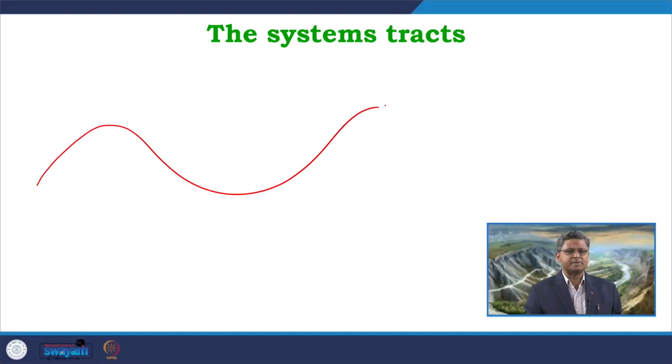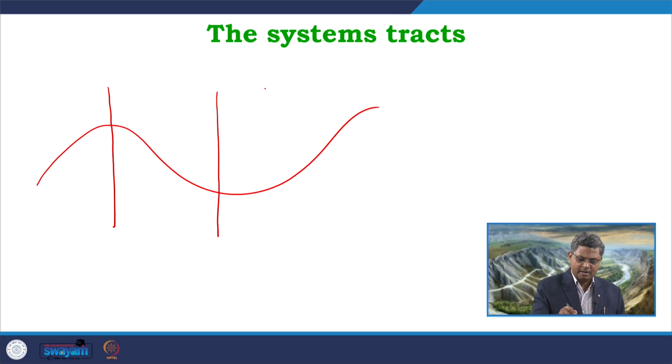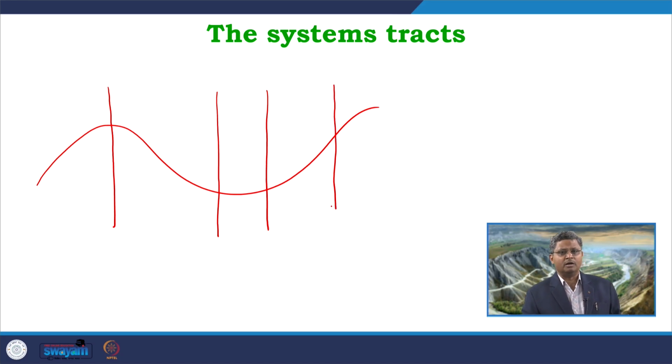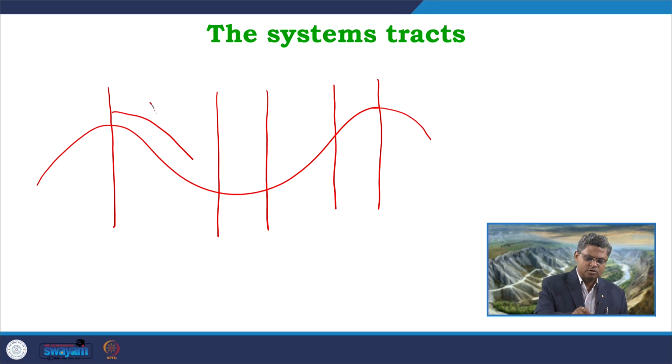The base level curve moves like this. Within this curve, we can find several boundaries. For example, one boundary over here. The second boundary is somewhere here, which is at the peak of the fall. This is the peak of the rise. Then we get another boundary somewhere here, which marks the start of transgression and the end of regression, and another boundary somewhere here, which can be the end of transgression and the start of regression, followed by this, where again it starts with the fall. So, this portion is the forced regression, as we already know. This portion is the normal regression, this portion is the transgression, and this portion is again a normal regression.